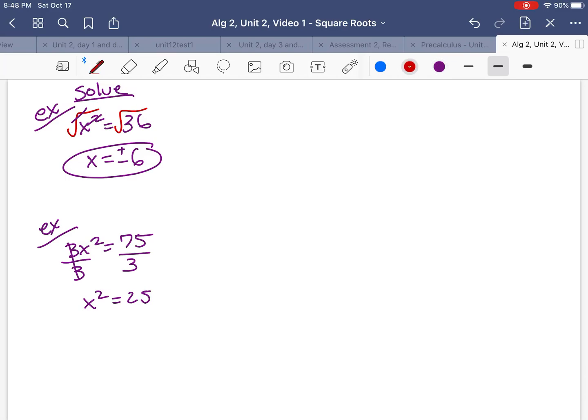And you're like, oh, now's the time when I take the square root of both sides. So I get x equals, and I have to put plus or minus and put a 5. Okay? All right, so every once in a while you'll be doing a problem and you'll run into this where